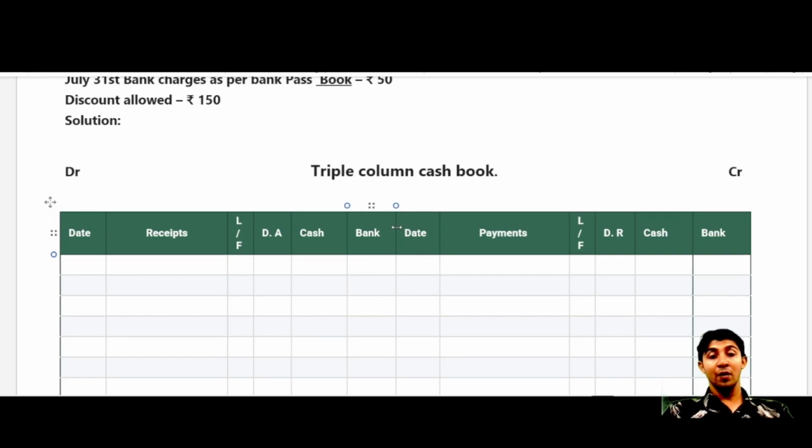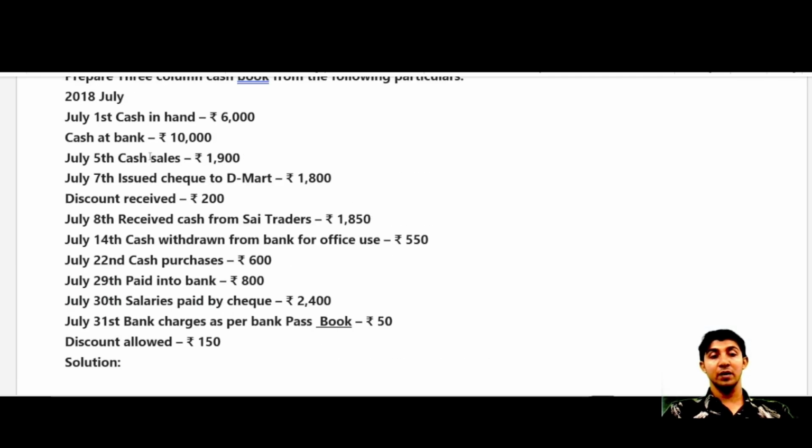So now let us move towards the first statements. They are cash in hand, cash at bank. These are nothing but balances of our assets. ठीक है, asset का हमेशा डेबिट बैलेंस रहता, we all know this. So what we have to do, simply we need to move towards the receipt side, towards the debit side, and